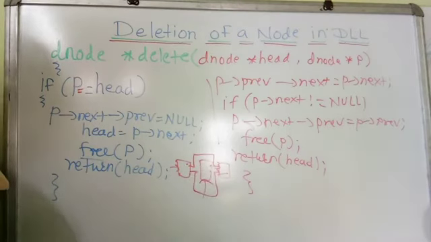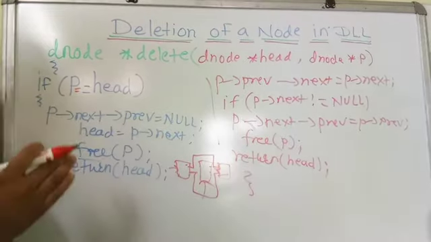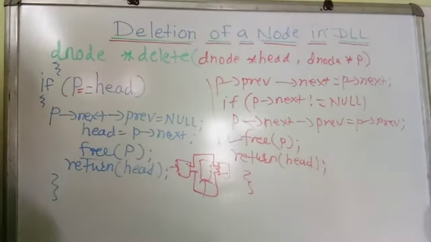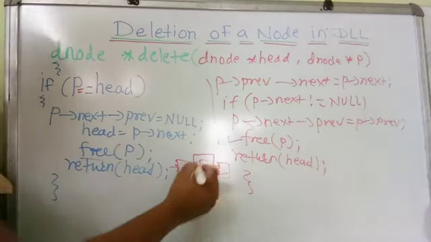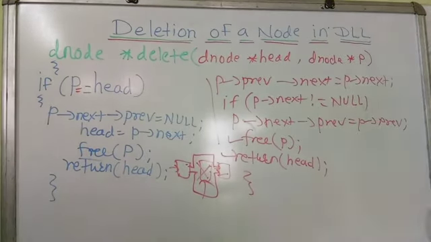Now carefully see this diagram, the p is freed from both ways, so we will delete it easily, so it has been deleted. Then we will simply return the head. So this is the simple procedure of how to delete any simple node denoted by the user from a previously created linked list.